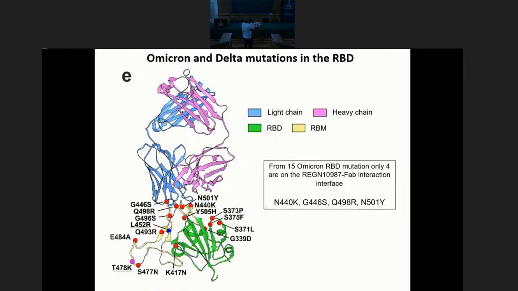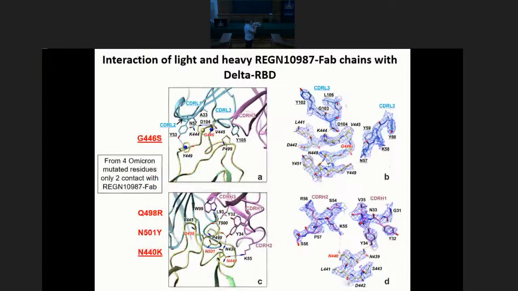The Omicron variant differs from the Delta variant by 15 mutations in the RBD domain. You can see that all these mutations are located close to the RBM part of the domain. In principle, all these mutations could influence the binding to antibodies or the binding to the target enzyme on the target cell. But on the interface of binding between our antibody and RBD, only 4 mutations are found, these mutations here. But if we look at the structure directly, we observe that only two of these mutations involve residues that directly interact with the antibody.